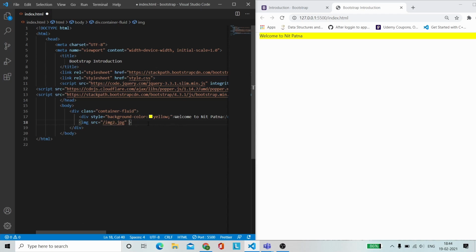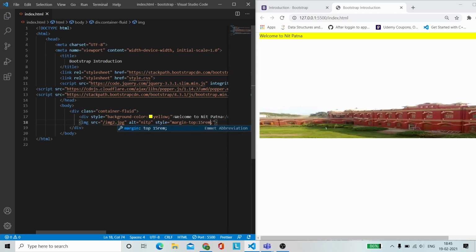And if you do not have an image, then you need to add what alternate text it should display. So let me write the alternate text as NITP, and let me give it some styling of, let's say, margin-top 15 rem. As you can see over here, I am able to see this image of NIT Patna.